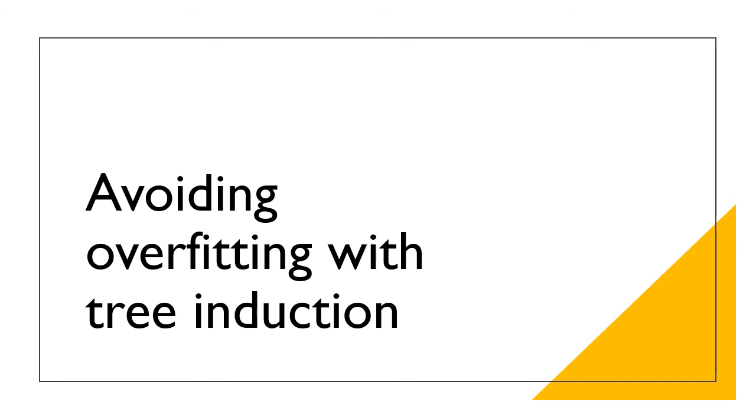The simplest method to limit tree size is to specify a minimum number of instances that must be present in a leaf. This way, tree induction will automatically grow the tree branches that have a lot of data and cut short branches that have fewer data, thereby automatically adapting the model based on the data distribution.